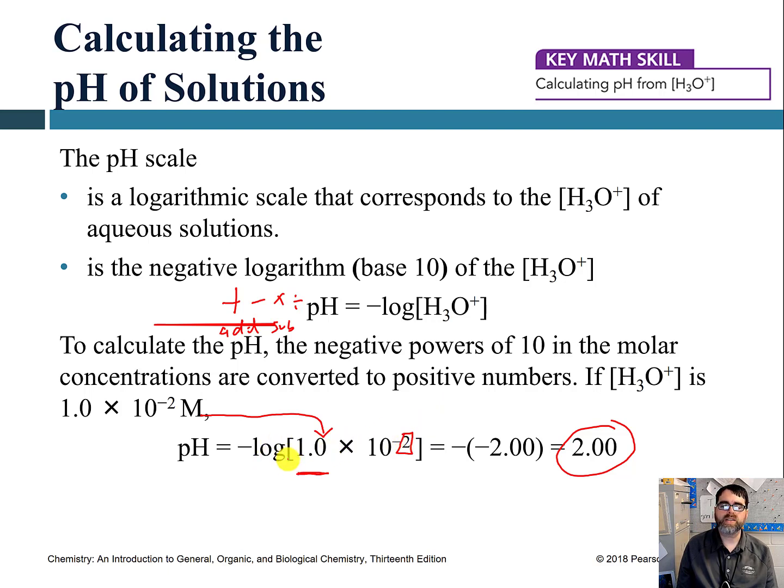What the log base 10 does, as it says up there, is it gets rid of this 10, and then we're multiplying it by 1, so anything times 1 is itself. So it just ends up being that negative 2 there. Obviously, if it's a number out here in the front, you're going to have to use a calculator to figure it out, and that's okay. If you're given an OH concentration, you would have to use the water constant formula. The Kw is equal to the concentration of hydronium times the concentration of hydroxide, solve for the hydronium, and then plug the hydronium into